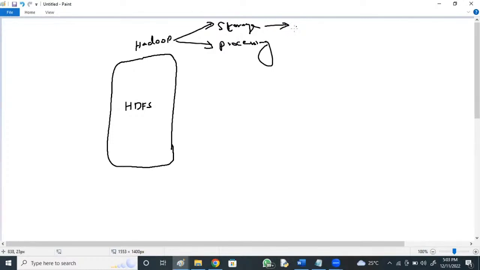It's going with a file system called Hadoop Distributed File System. Hadoop is meant for two things: storage and processing. For storage, we go for HDFS, not any database, because of those drawbacks. And for processing, Hadoop used to use MapReduce. MapReduce was widely used if you go back to the years 2012, 13, 14, 15, 16, right? MapReduce was widely used, but